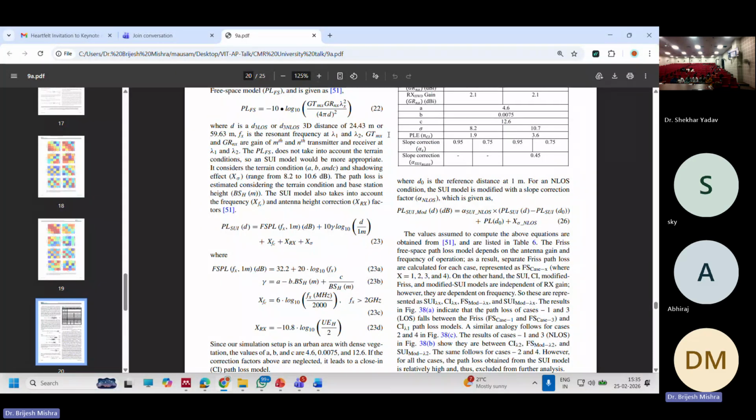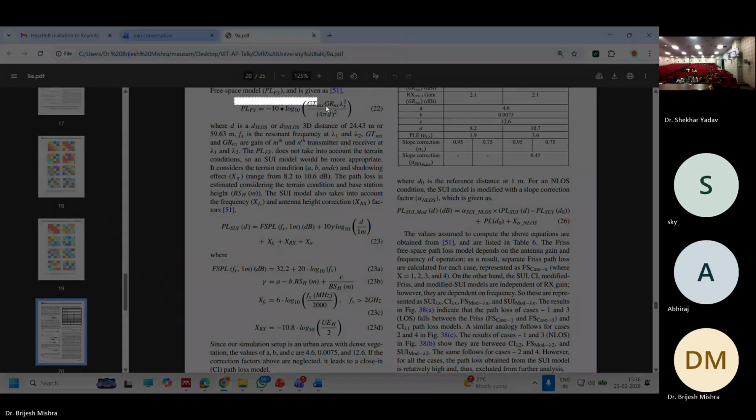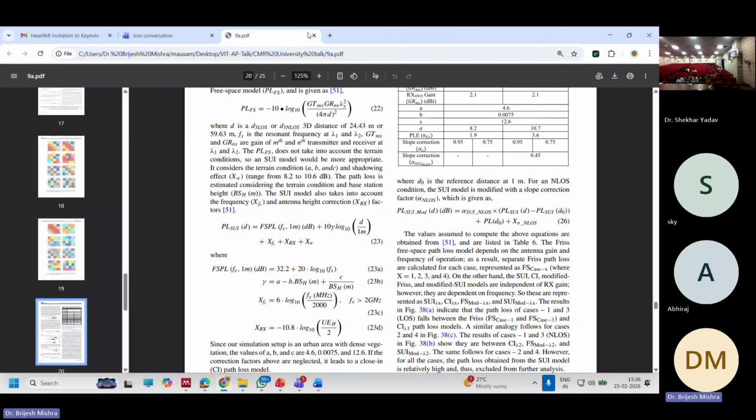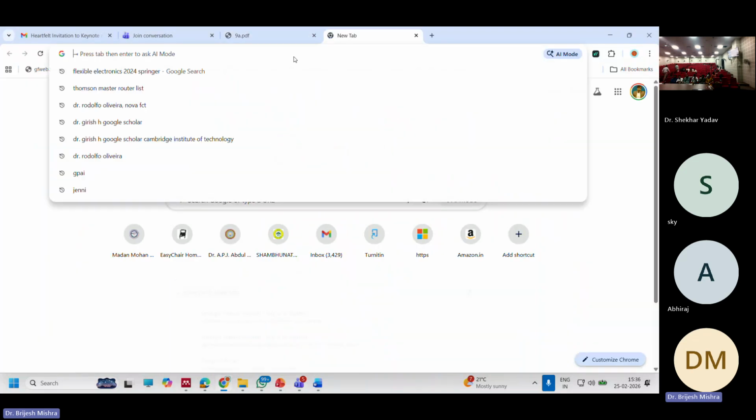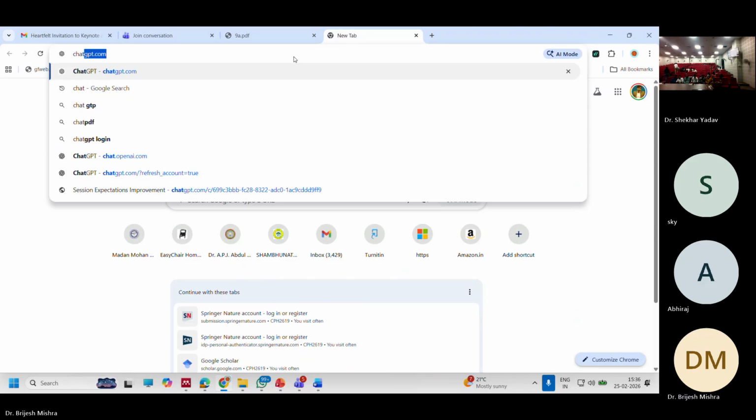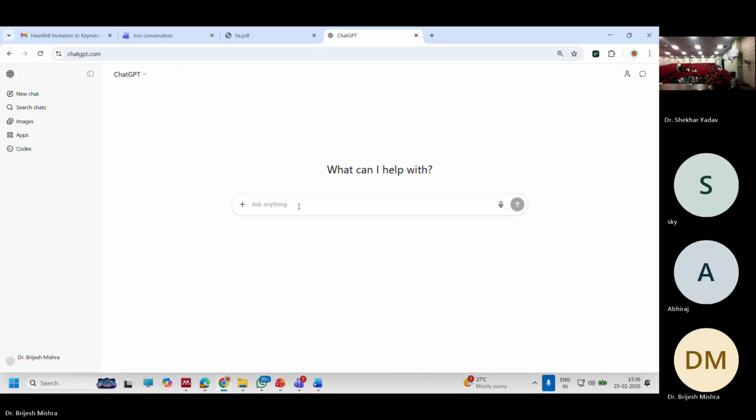Suppose equation number 22. This is equation number 22. And I want to write it by using AI. Then what you do? Same equation. First of all, you please take a print screen of this equation, and then again you please go to ChatGPT. In ChatGPT you please give one command,